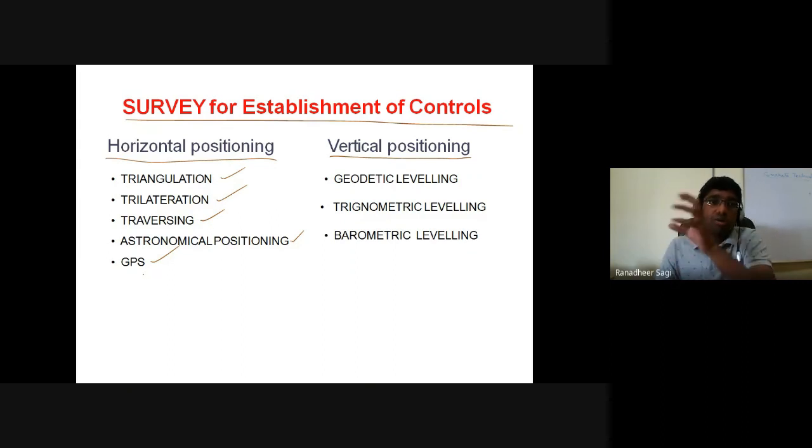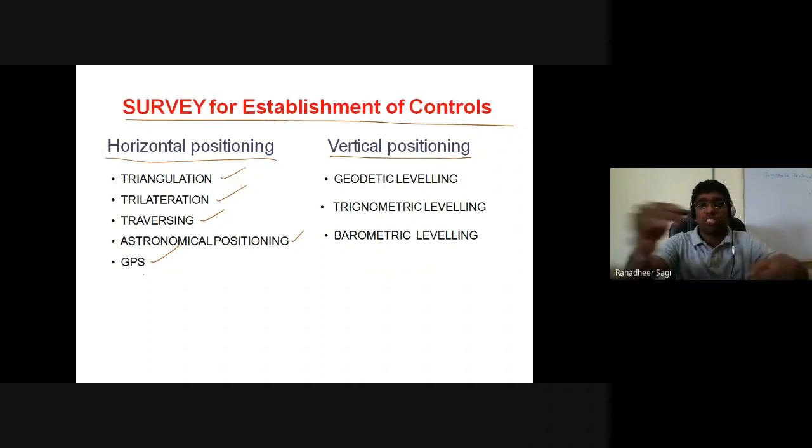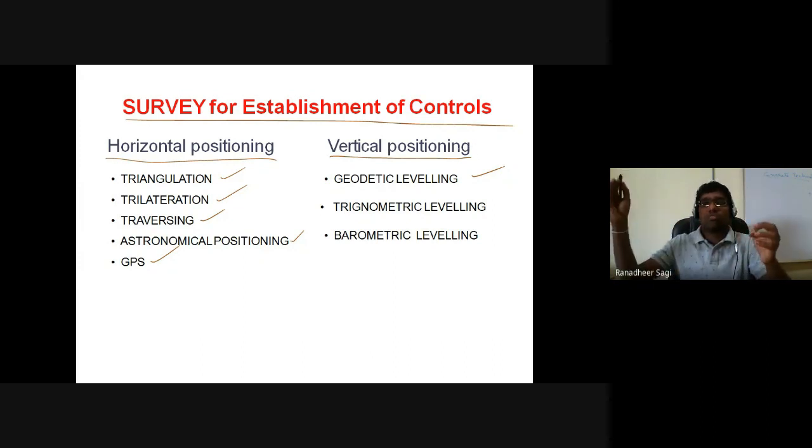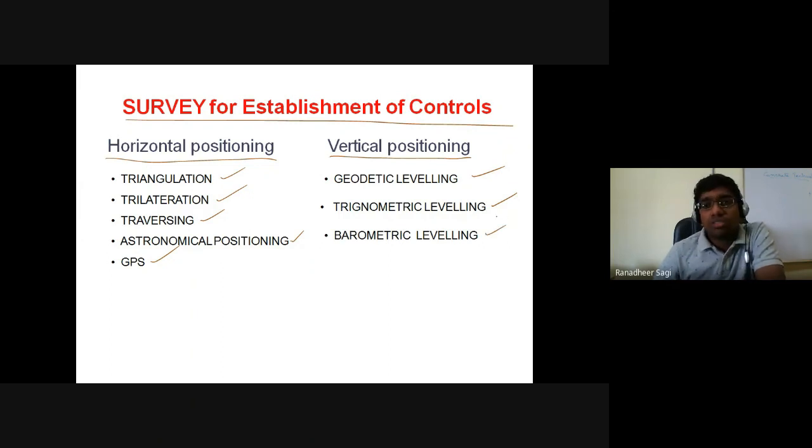Based on that also you can look at the position of various information, and then subsequently prepare a control between those points in that horizontal plane, which you call horizontal control. And by making use of geodetic leveling, where you take into consideration the curvature, which is helpful for identifying the relative change in position of points in the vertical plane, or by what is called trigonometrical leveling, or by barometric leveling. We have talked about trigonometrical leveling and barometric leveling, what they mean, earlier when we were discussing the leveling concept.